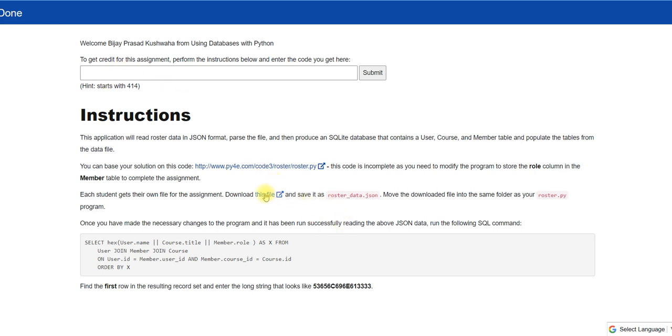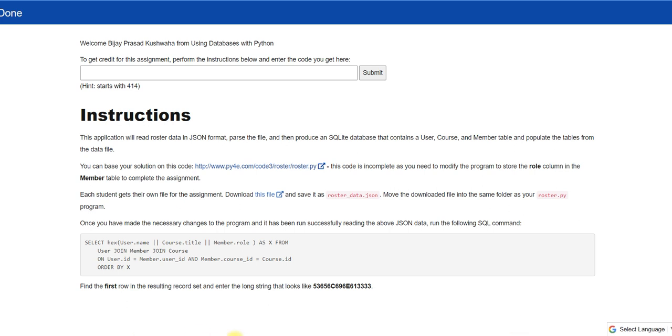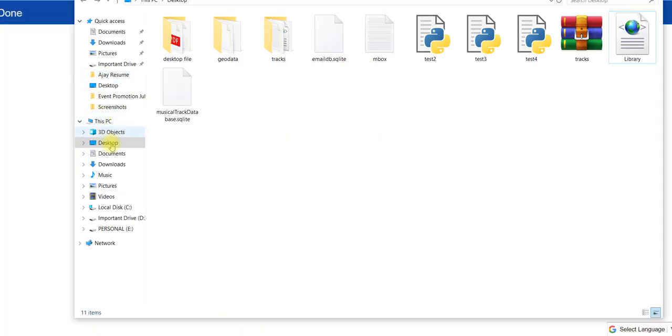Okay, so I already have this code. You can download it also. I am just going to download this file. Okay, so you can see here the download has been completed. Okay, so I have to go and manage the location.